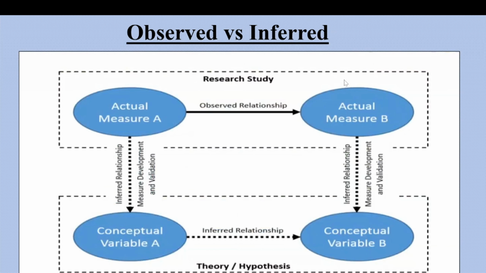So if you see this path, actual measure A and actual measure B, for this level we need to do validity and reliability before moving on to this inferred path. So we want to test conceptual variable A and conceptual variable B, right? Actually, testing is here, on the actual measurements. So this is something we need to understand clearly,